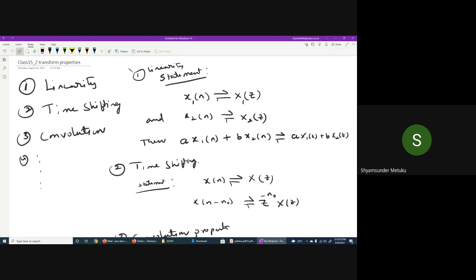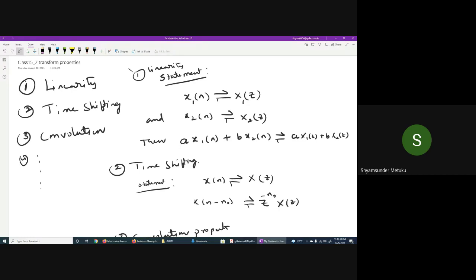Laplace and Z transform. And also we have seen the mapping of S transform to Z transform to make sure that the region of convergence will be mapped from region 1 to region 1, region 2 to region 2, region 3 to region 3. Like that, the three regions we have divided: left side of the imaginary axis, right side of the imaginary axis, and the imaginary axis itself. What we have seen in the previous class is the left side of the imaginary axis will be mapped inside the unit circle. The right side of the S domain region will be mapped outside of the unit circle. The imaginary axis will be mapped to the unit circle. That is what we have discussed in the previous class.